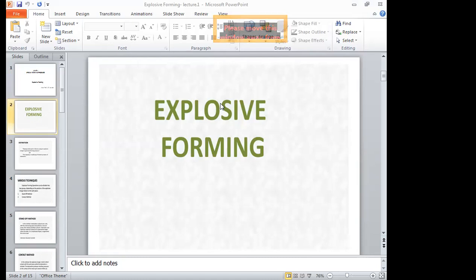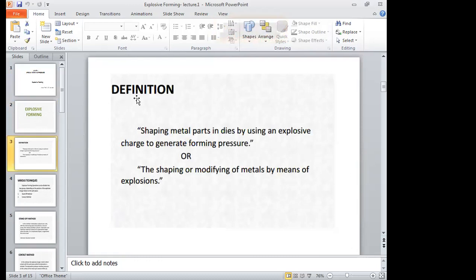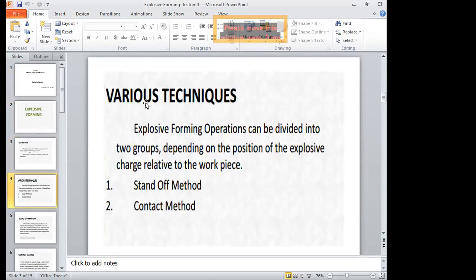In that, the definition indicates shaping metal parts in a die by using an explosive charge to generate forming pressure, or it can also be defined as the shaping or modifying of metals by means of explosion. Then next, there are various techniques used in